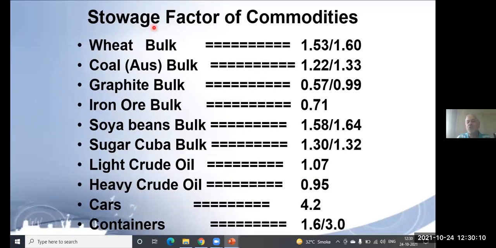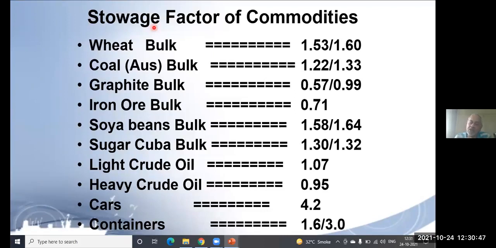So these stowage factors of various commodities are given in your study material, and the stowage factor is also available on the ship in Thomas Stowage book. The book's name itself is Thomas Stowage. In that, for all standardized cargoes, the stowage factor as well as broken stowage is given for each cargo, which can be used more or less for correct results.